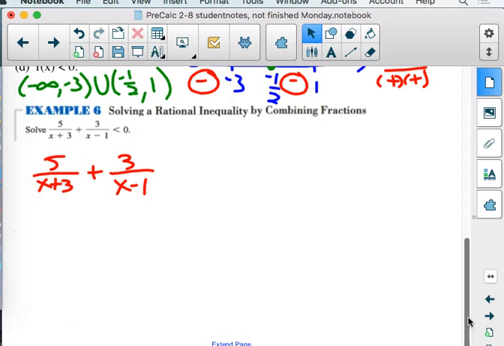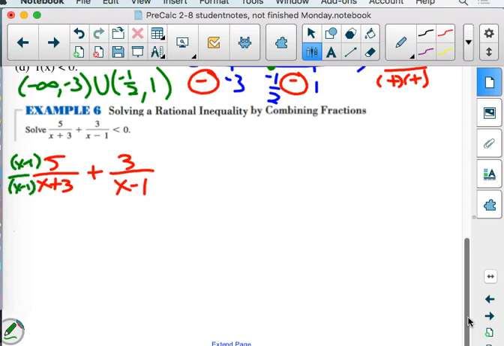LCD. Got to find it. What's the LCD for those two? Yeah, it's both of them. x plus 3 and x minus 1. So this one's going to need the x minus 1 on the top and the bottom. And this one's going to need the x plus 3 on the top and the bottom. And we'll get 5x minus 5